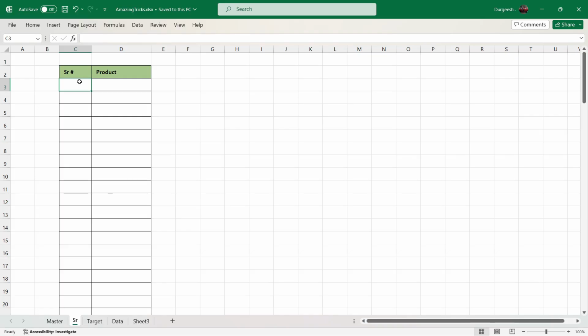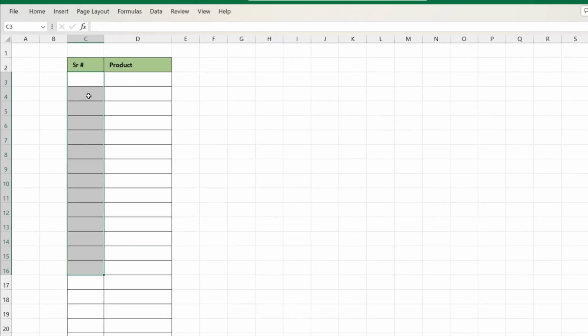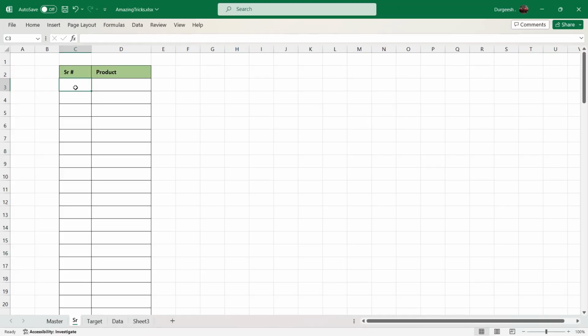In this video, I want to show you some amazing tricks in Excel that will help you in your productivity. The first amazing trick is how to get the serial numbers automatically. Normally, to generate the serial number, we enter the numbers and drag it. So we'll delete this. Second option is we type any number,